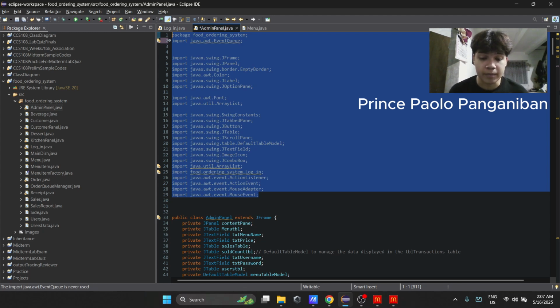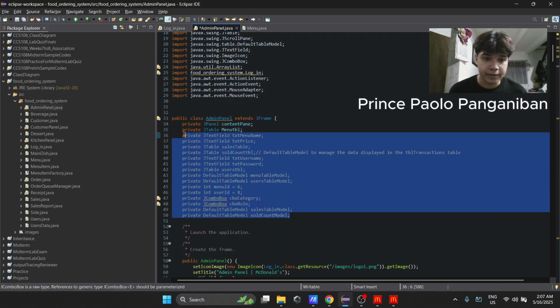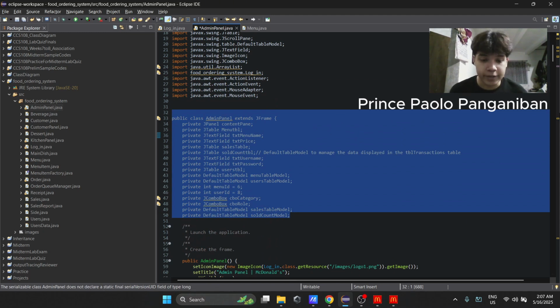Food_ordering system.login is imported because the logout button needs to relaunch the login window. Next, we have here the public class AdminPanel extends JFrame. AdminPanel extends JFrame. The whole admin dashboard is its own window. Every on-screen component gets a private field, so we can tweak it later, for example, refresh table data.